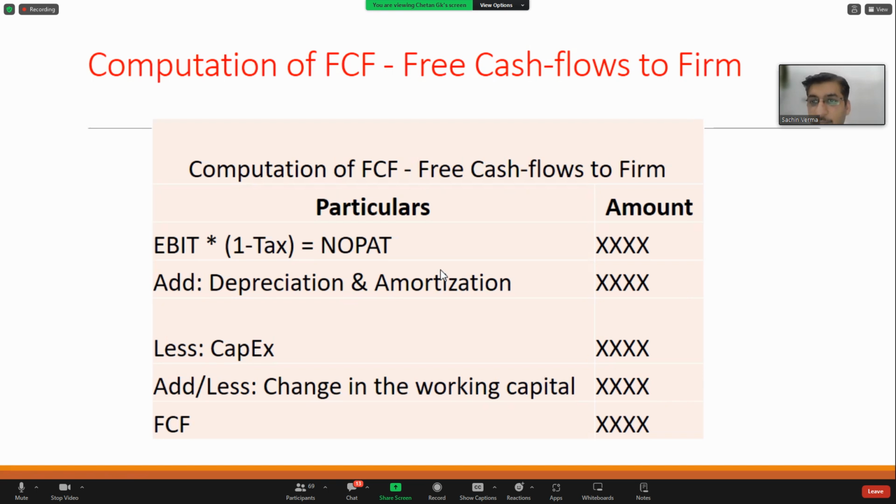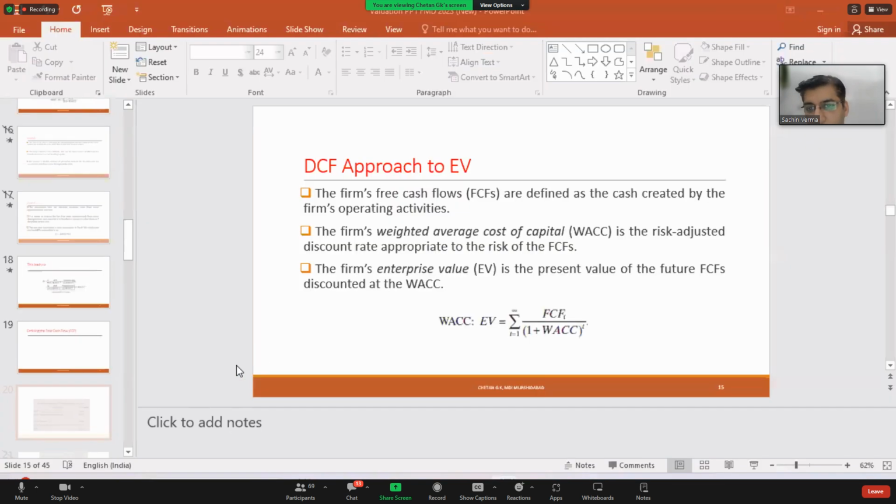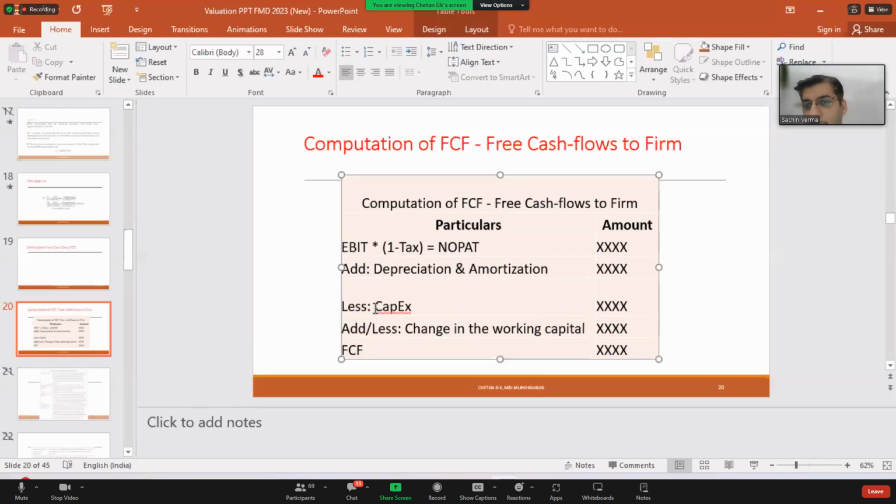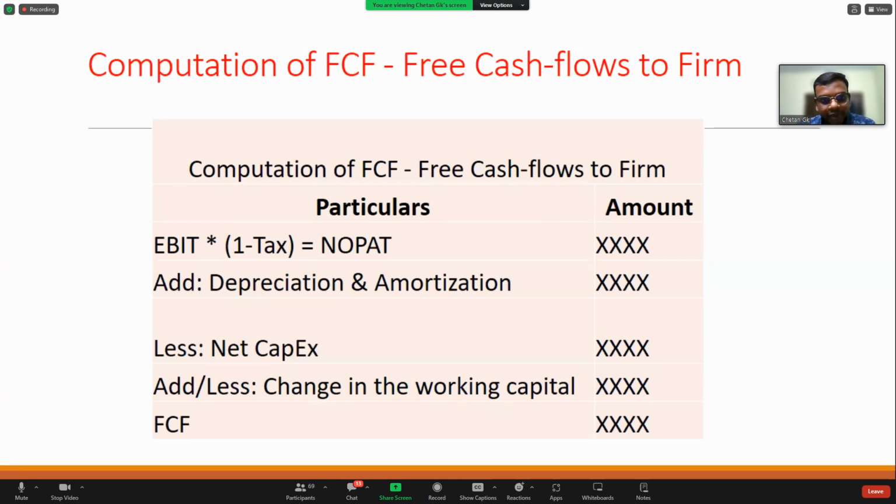That is right, you are saying the depreciation on the asset. But the capital expenditure which you have spent, for example 100 crores for an expansion of your plant, capital expenditure has been done. So straight away you are going to subtract it from the year's profit. That might not be right. I'll call it net capex. I think I have made a mistake in writing it. Net capex means it is net of depreciation and amortization.